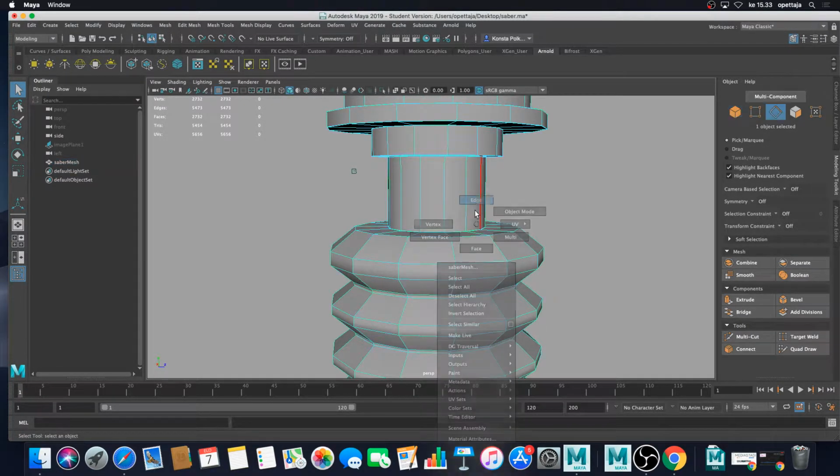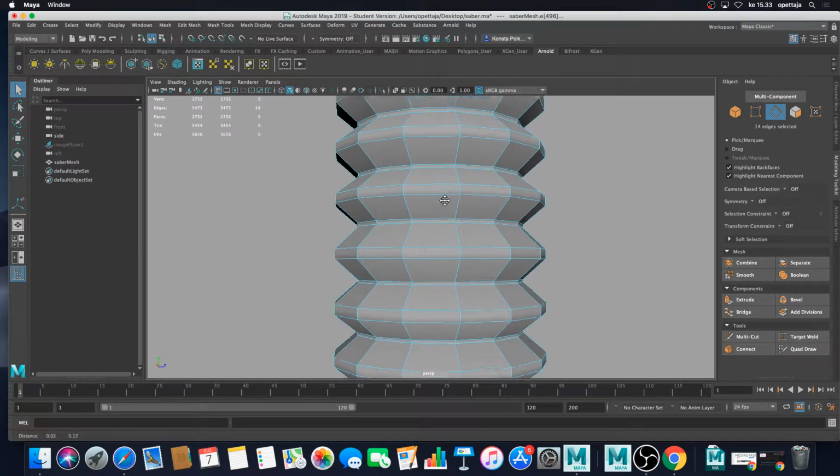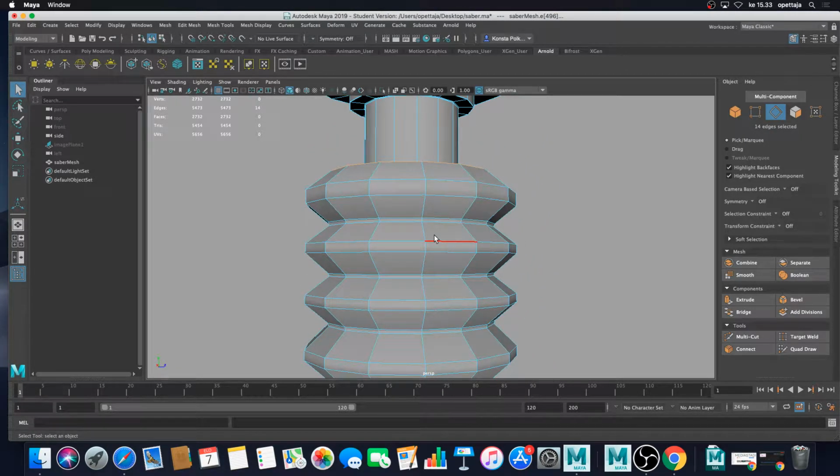Let's see. Okay, I will select that edge loop, and of course you will know on your own model where you want to add those bevel loops, so you don't have to necessarily follow the values I put in, but I will add some values here,